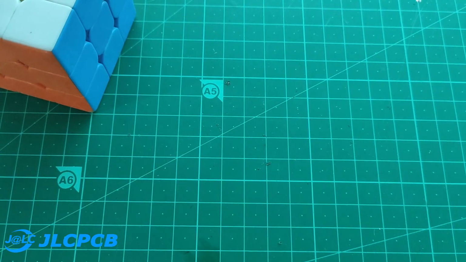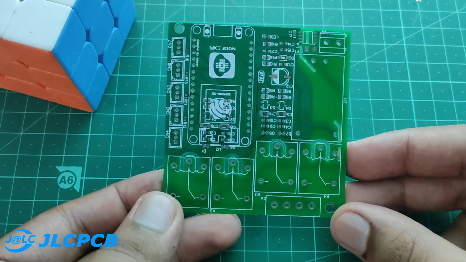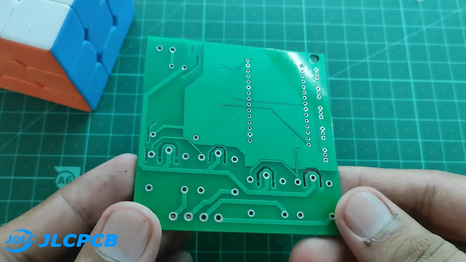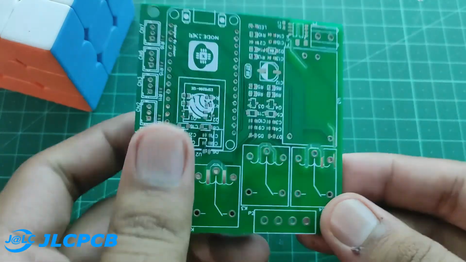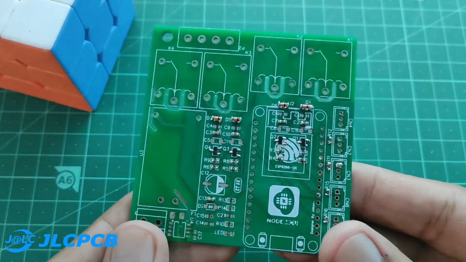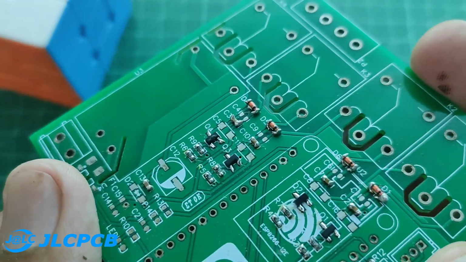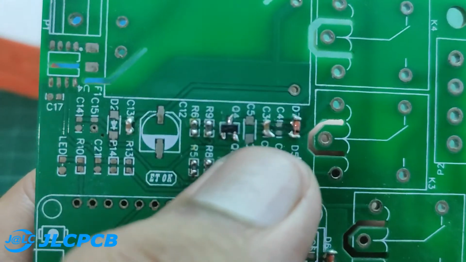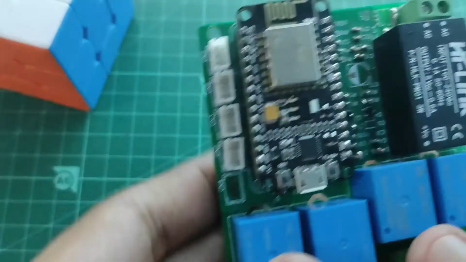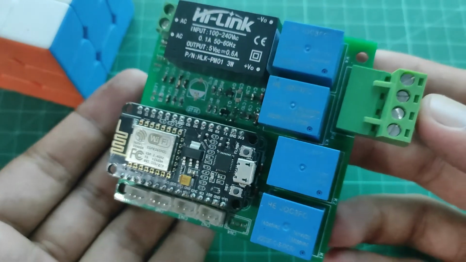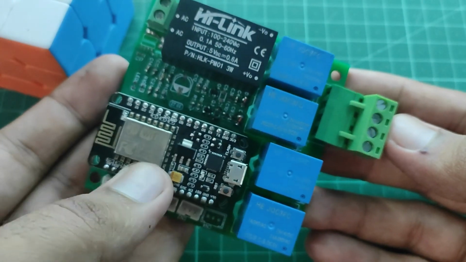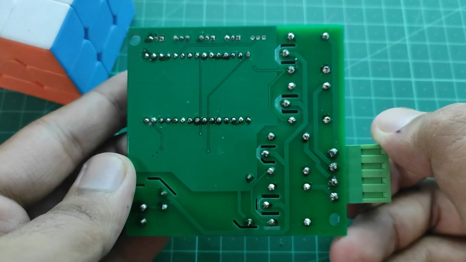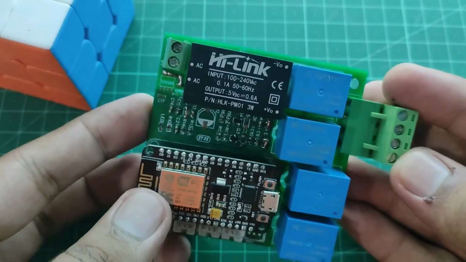So here is the PCB which we got from glcpcb.com and designed using Altium Designer software. This PCB looks really awesome. First of all, we have to solder all the small SMD components using a really thin soldering iron. Then we are going to solder all the remaining THT components and complete our PCB. The PCB looks really great. We have our Hi-Link power supply, which is a 3-watt power supply, 4 relays, 2 connectors, one for AC in and the other for AC out, a NodeMCU, and 4 connectors for connecting touch sensors.